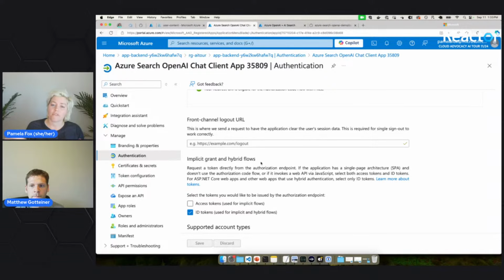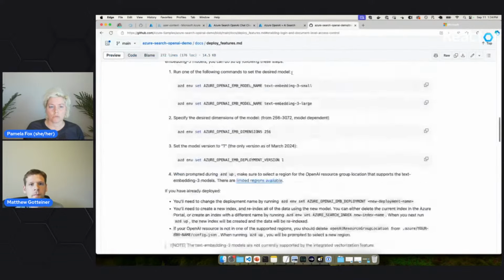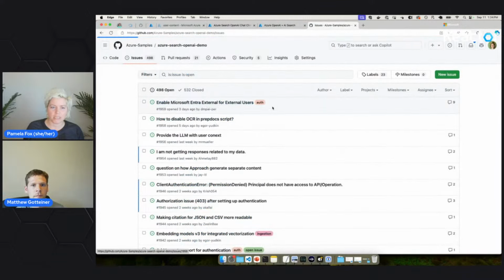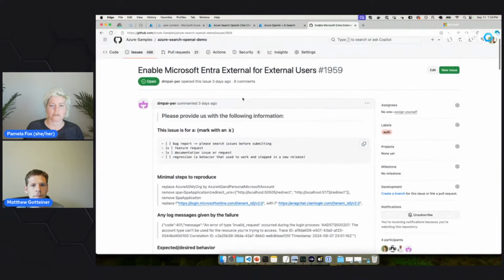It's a really good fit for the kind of applications that people don't use a ton and they just want to log in once a week and do something with. You could also do something like connect with LinkedIn, Google, Facebook, various OpenID providers. And so that is possible with Entra. In the repo itself, we don't have external ID automated, but it is definitely possible to configure it. There's actually an active issue this week where we're discussing external ID.